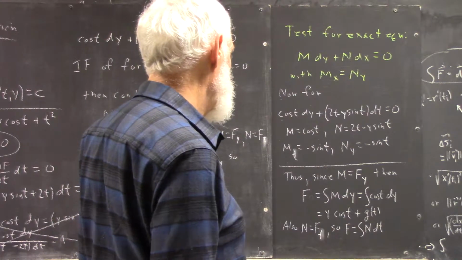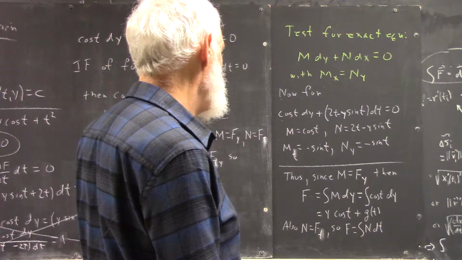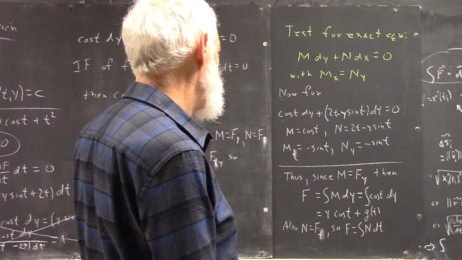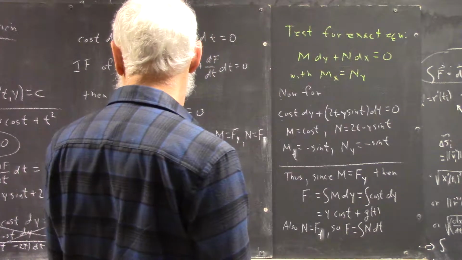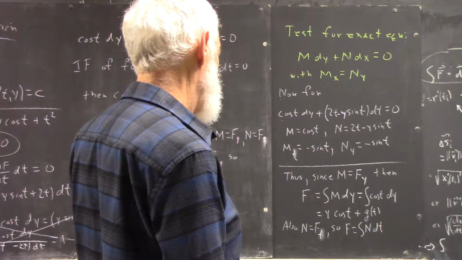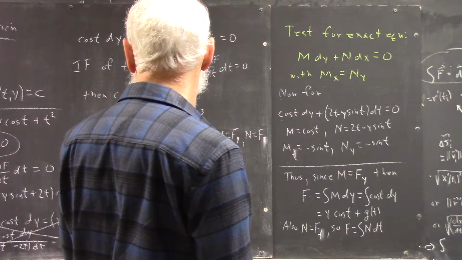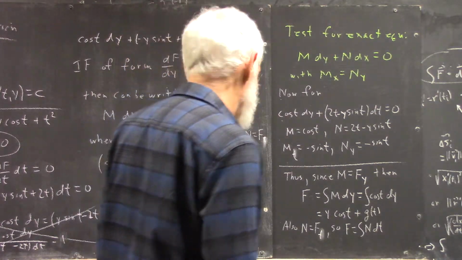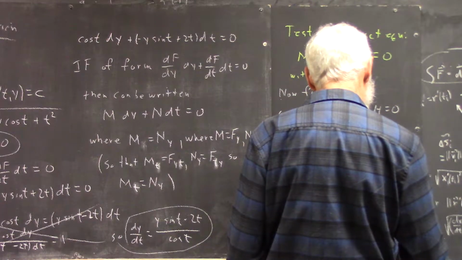I've got something backwards, so that doesn't work. That does. I integrate n with respect to t. Never mind. I have the wrong f in mind. Okay, so that equals